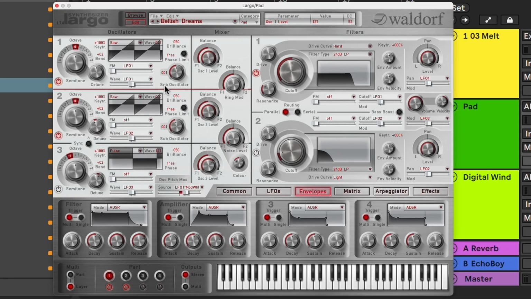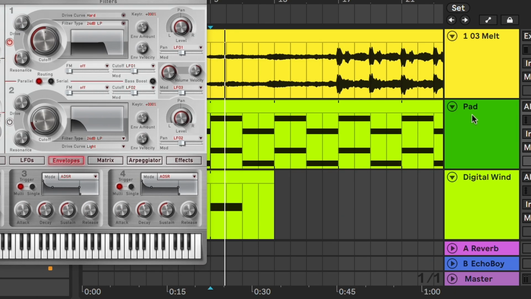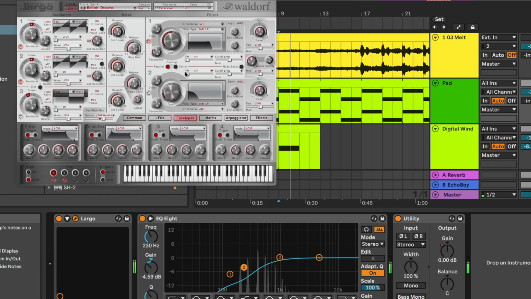A company that continued the lineage of that PPG synth is Waldorf, and they actually have a PPG VST, but I found that quite difficult to use. But they have another one called Largo, so that's this synth, and with this synth I managed to find a similar kind of sounding patch. It's not bang on, but it's not too far off.